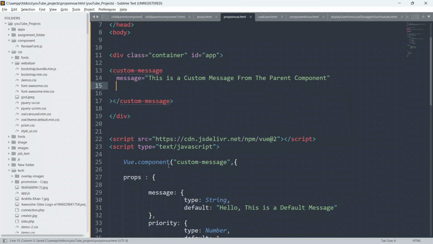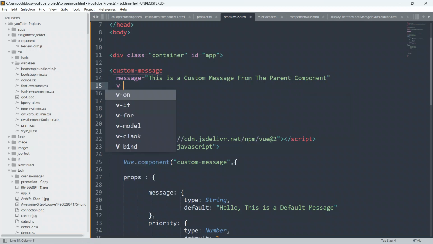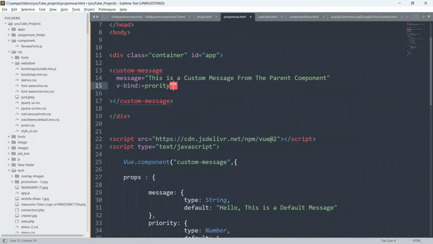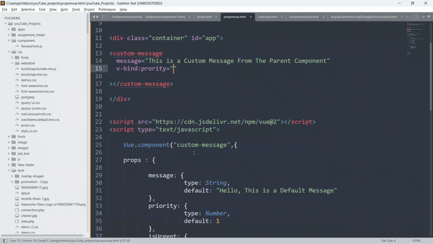So guys, in order to pass data from this parent component to the child component, we have to bind it by using the bind directive in Vue.js. So I will say v-bind, colon, equal to priority, and we have to bind this priority.